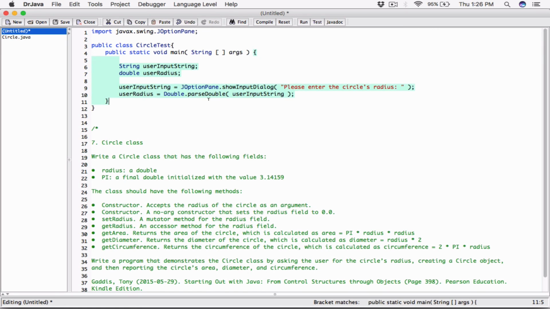So after the user's input string, which is a string, has been converted to a double, it's going to be stored in userRadius. That's going to be the userRadius, right? So now we have the userRadius as a number, because we know that by default the JOptionPane always returns a string. We had to convert it to a double and store it here. Okay,